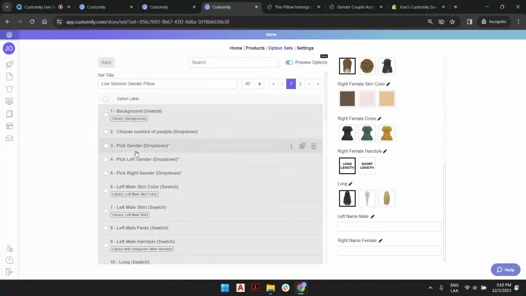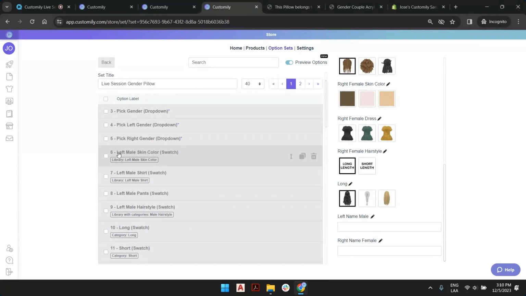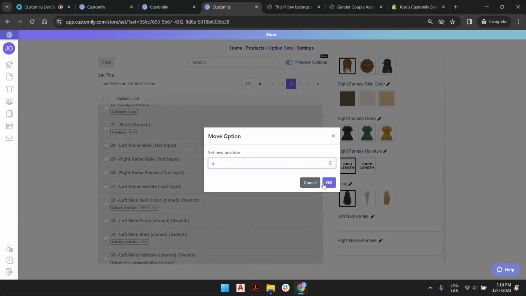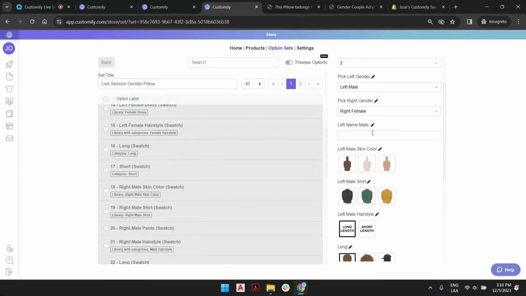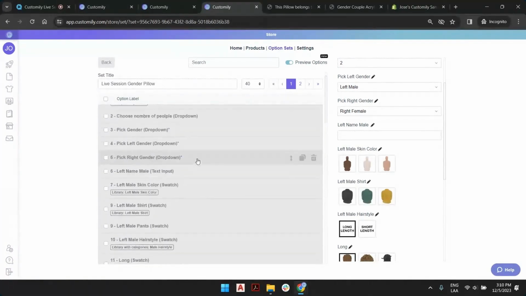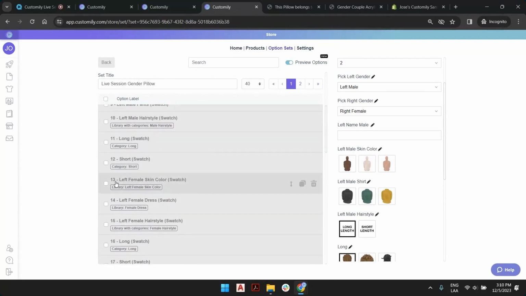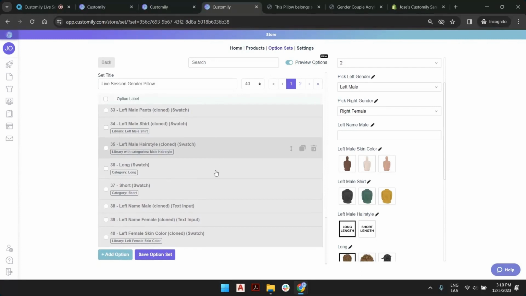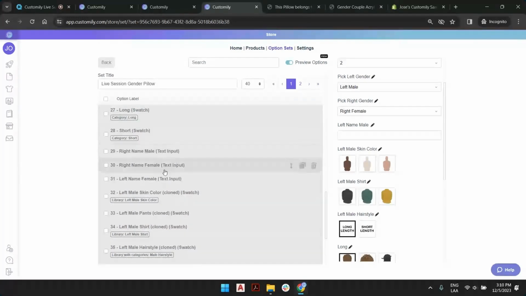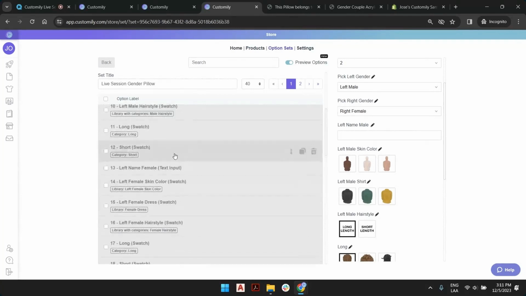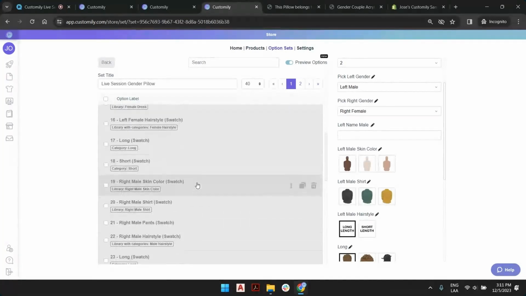For example, when we start with the left male, this is number 6, so maybe we could actually grab the left male and pick number 6. So it jumps right there to the beginning. Yeah. And then we have the left male name. We have the left male skin color, it's number 13. So if we find the left name female, wait, oh, here, left name female, that was number 13, correct? Yeah, and so on, we rearrange like so, female, then the skin color, then we have, okay, finally, 19, the right male,